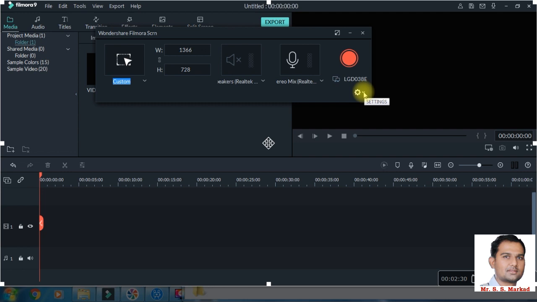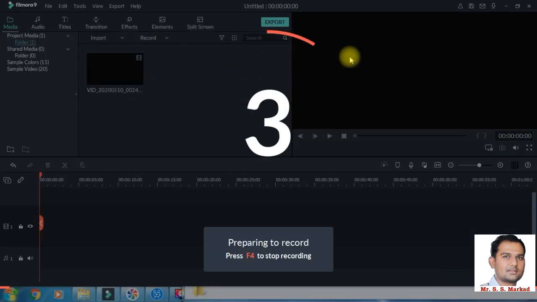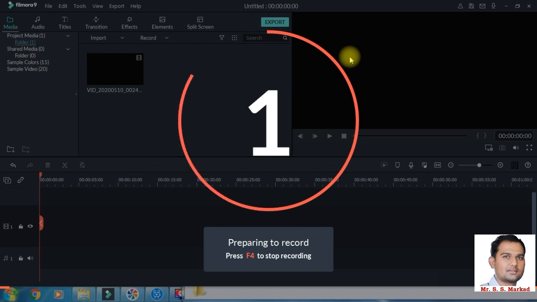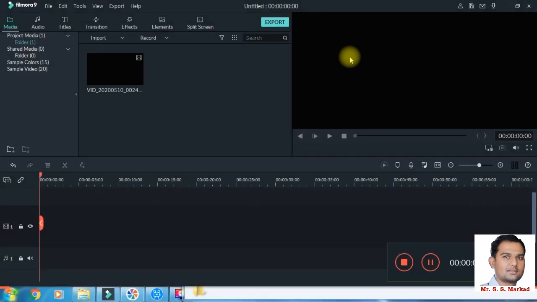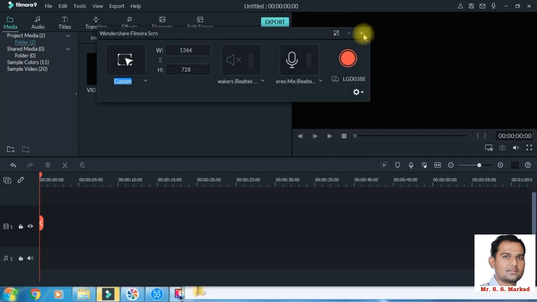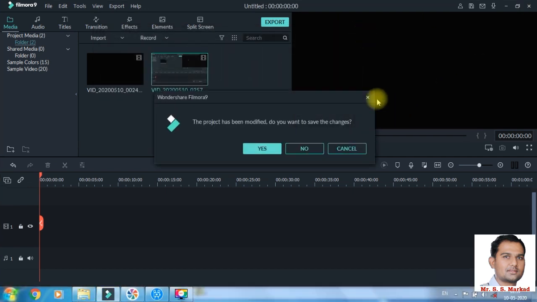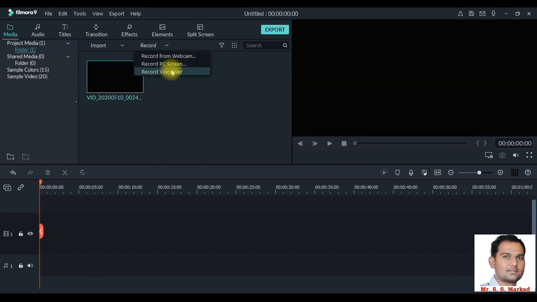After necessary settings, PC screen recording can be initiated by pressing this red button or the hotkey set for PC screen recording. After initiation, it will take around 3 seconds for the PC screen recording to start. PC screen recording will be carried out till stopping. It will be stopped by pressing the hotkey set for the same. After stopping the recording, the media file or video file will be seen in the media section of the software. Moreover, voiceover or audio file can also be recorded from the computer using a microphone.